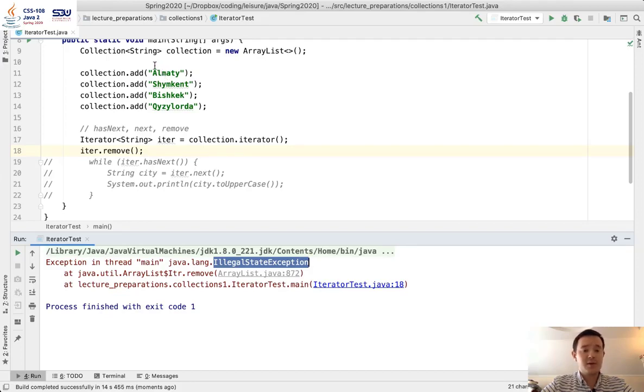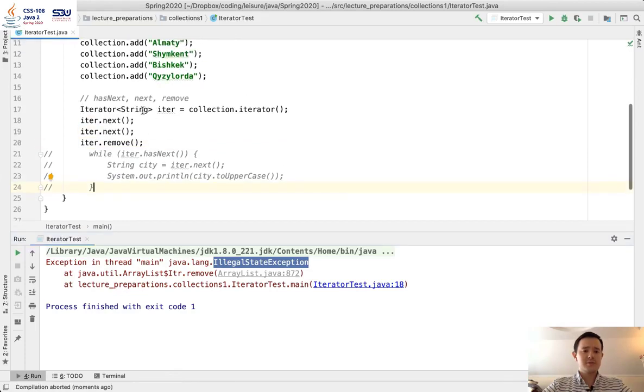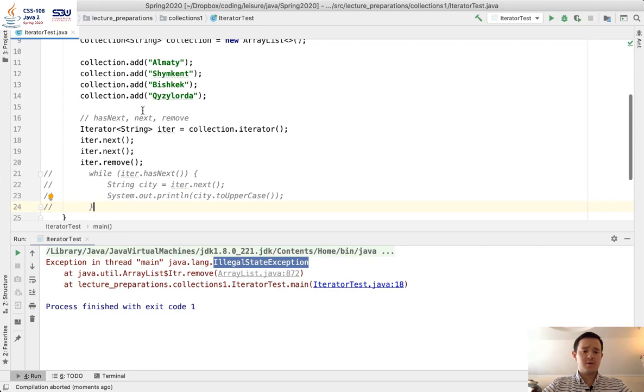Now we go to the next one. It's going to point to Shymkent and return Almaty. We do next. It's going to point to Bishkek and return Shymkent. Shymkent was the previous element that we got using the next method, and when we call remove, it's going to remove the element that was previously returned using next. So in order to remove Shymkent, we need to call iter.next twice,